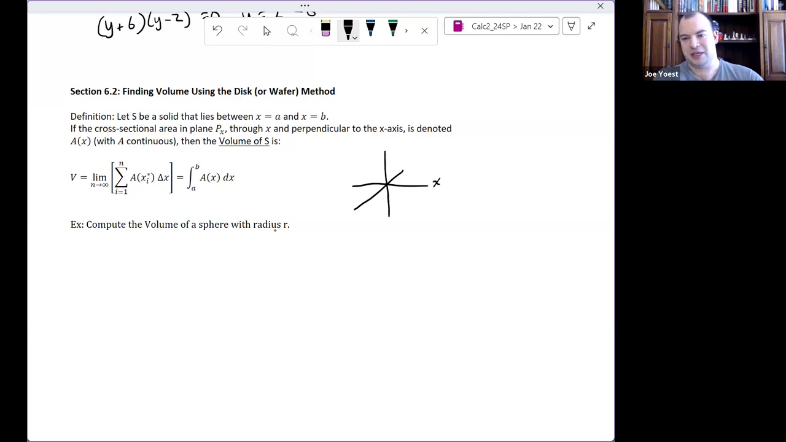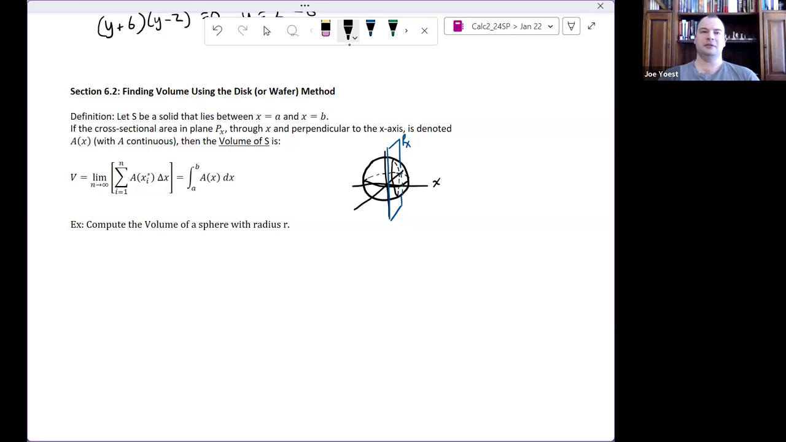So here's, let's say, my x-axis, and maybe I have, let's just draw a sphere. If I have a cross-sectional area in plane Px that's perpendicular to the x-axis, so I'm imagining a plane like this. This plane is perpendicular to the x-axis. And I note that when I take this cross-section through the sphere, there's going to be kind of this boundary line here